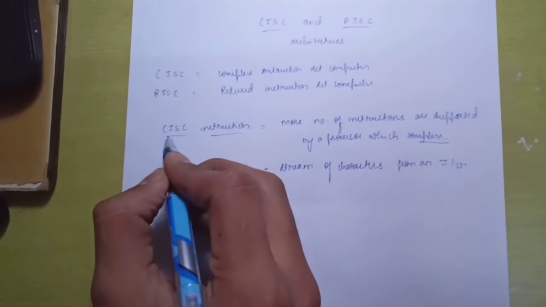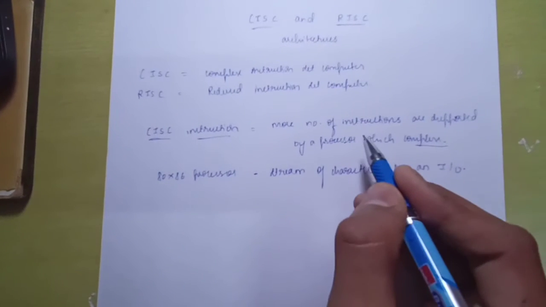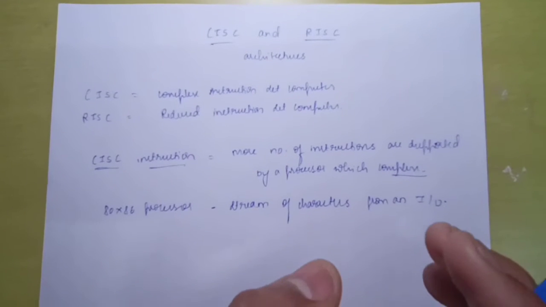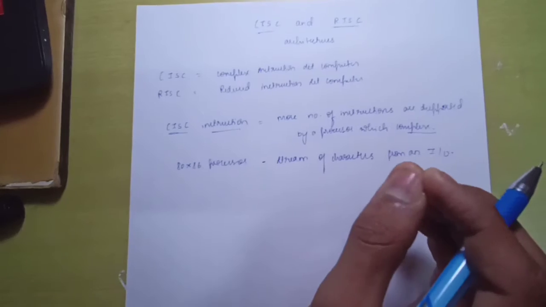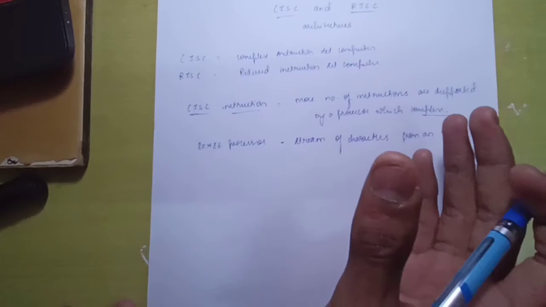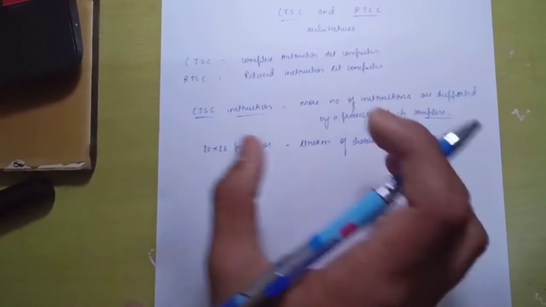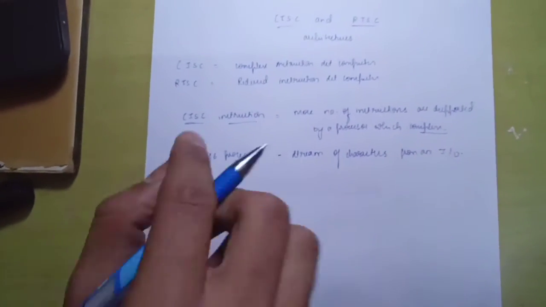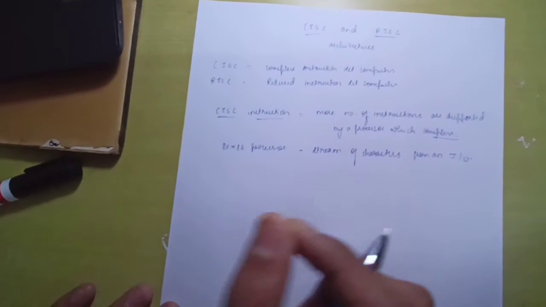As we say, complex instruction, more number of instructions, we know that each instruction will be having an opcode. As the number of instructions increases, the size of the silicon required would be more. As the size required would be more, the power consumption would be more. So since the processor supports this wide diversity of instructions, it makes itself complicated. Even though having these disadvantages with CISC, why was CISC used back then? Because it had advantages back then, but now these advantages are diminished.